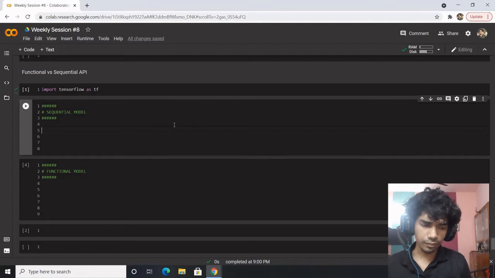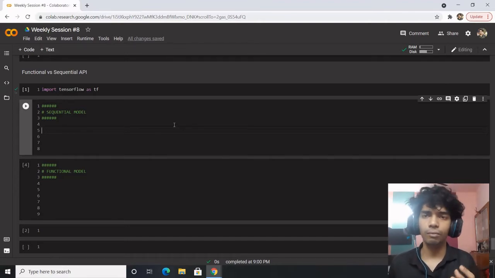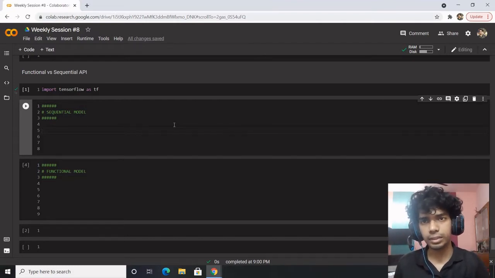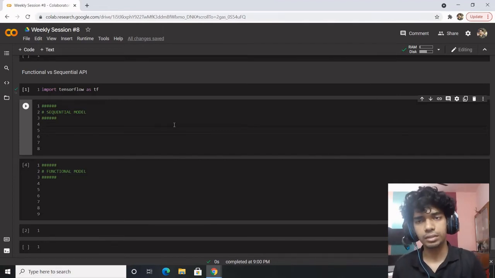Now, this particular API is not quite flexible. If you want to achieve skip connections, or multiple levels of concatenations, you can achieve them, no doubt, but people usually prefer the Functional API because you can access a particular layer in a much better manner.